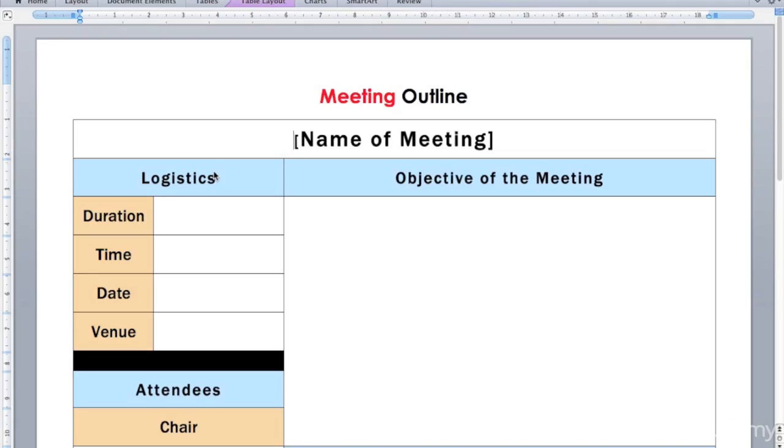Okay, let us try and populate this template. So first, the name of the meeting. I'm going to pick the weekly health and safety review. The objective of the meeting, well, for this meeting, let's suppose we want to see how we performed last week in our safety activities and understand where there are any gaps in which departments. So it would be to